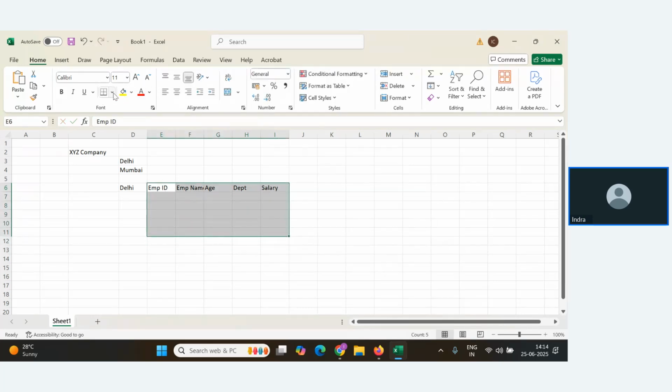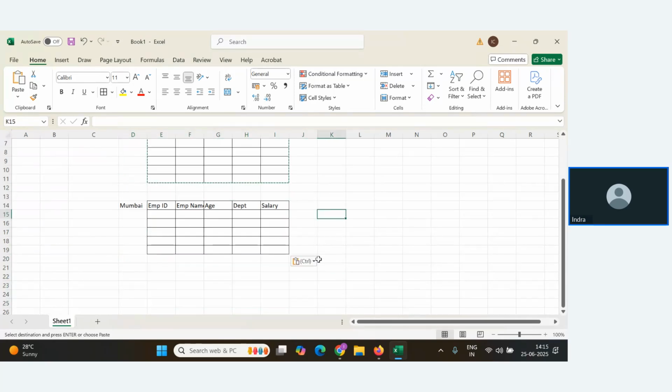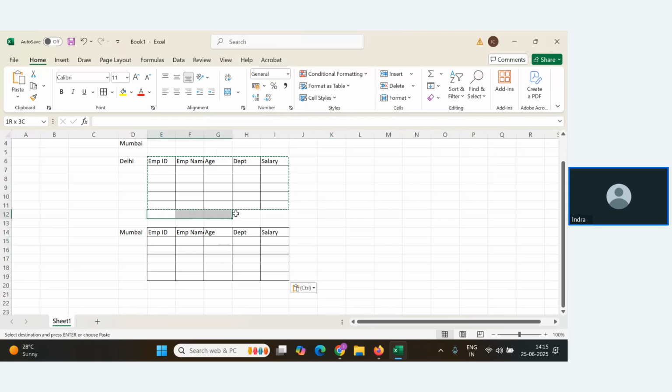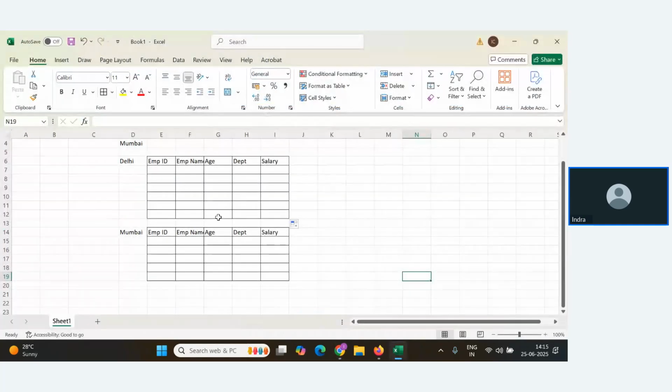These are some data set records we have. Similarly, for Mumbai also, we have another office where we have this list of employees. This may be large, this may be less. It may have more records also. Imagine that we have some more records.